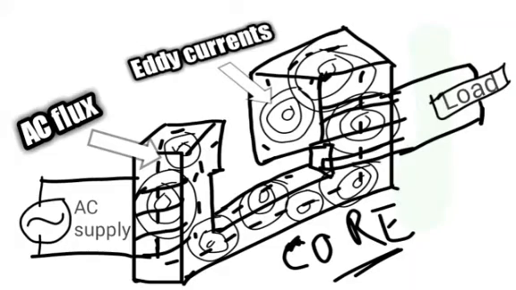When alternating magnetic flux flows through the core, eddy currents are formed. Eddy currents means circulating currents. That means AC flux produces eddy current. As shown in the above figure, eddy currents are formed. These eddy currents oppose the induced current and act as a negative force, generating resistive heating, and power loss will occur within the core.